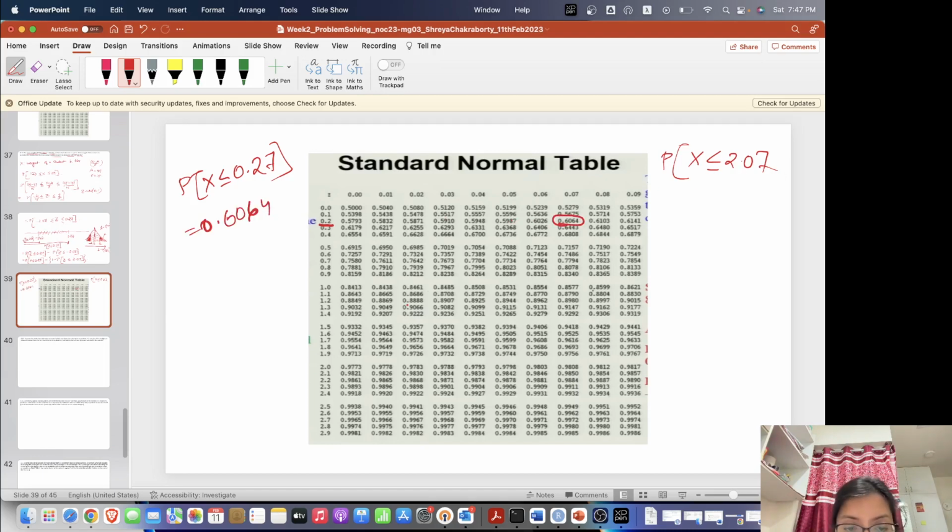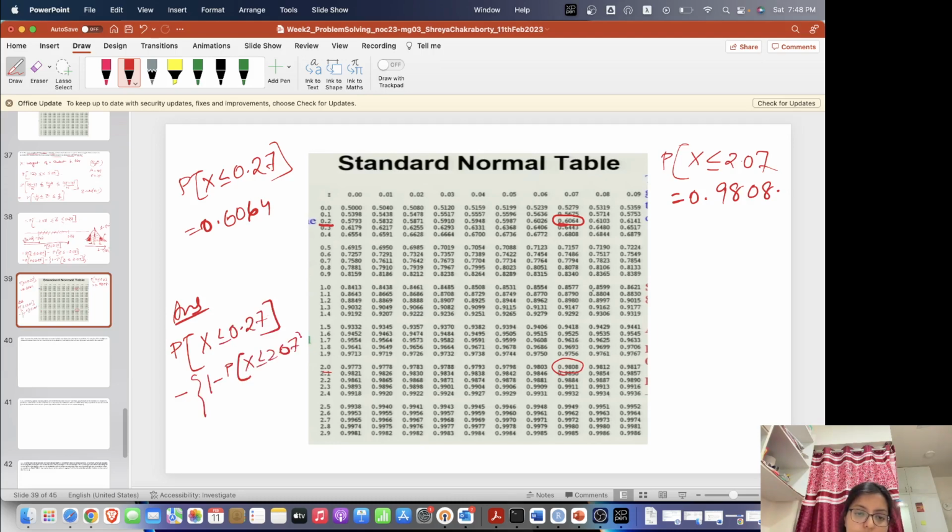Less than 2.07 is 0.9808. So the required answer was probability x less than or equal to 0.27 minus 1 minus probability x less than